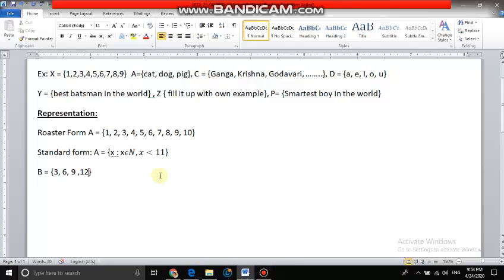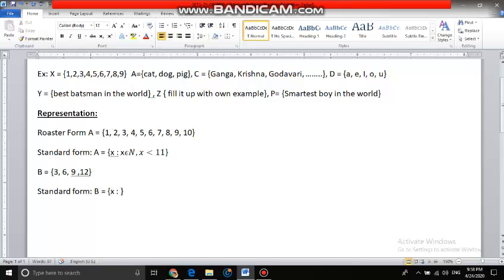So how do I represent this? This is the roster form of set B. If I go for standard form, the standard form of B will be, as it is a set, I have to use the curly bracket, x such that first of all